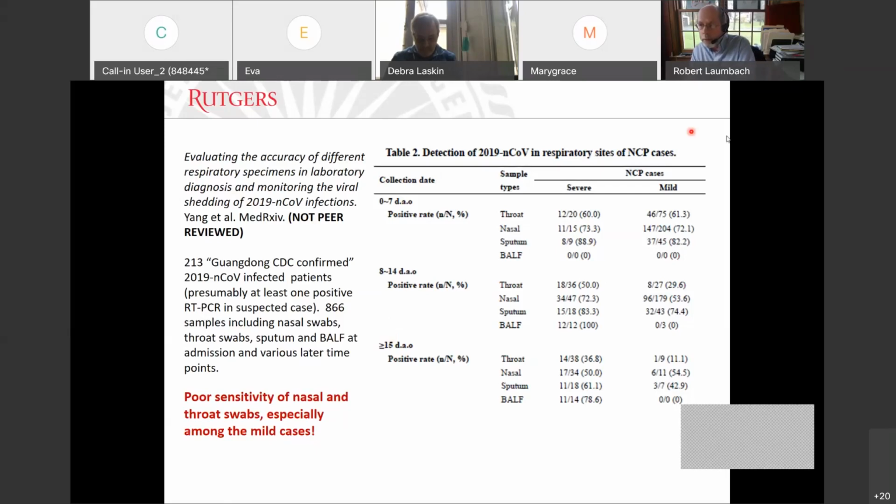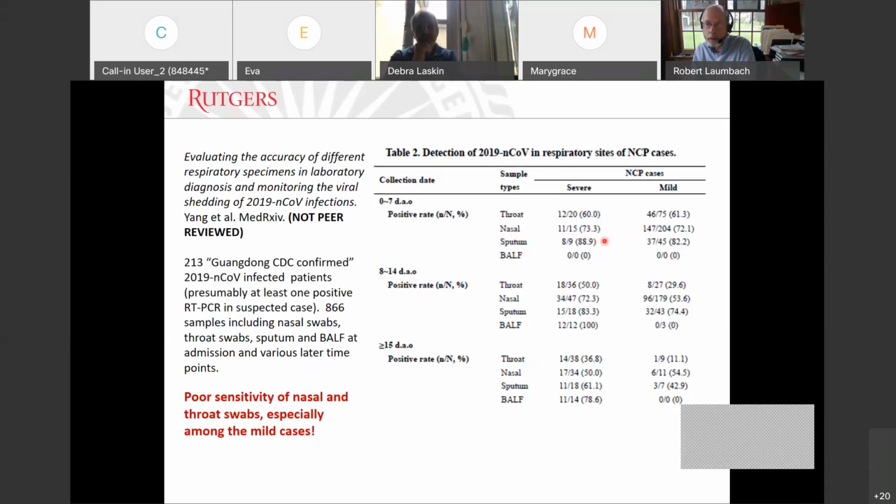And again, here it's broken down by severe and mild cases, and then by when the samples were taken, either 0 to 7 days, 8 to 14 days, or greater than 15 days after onset of illness, showing again for the typical kind of samples that are taken clinically to do the PCR test,